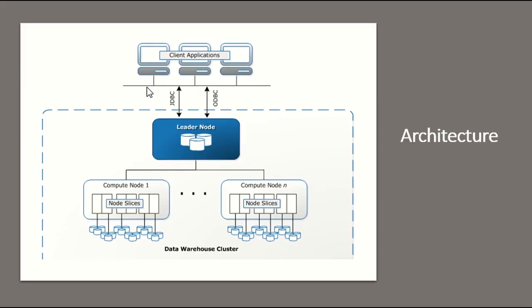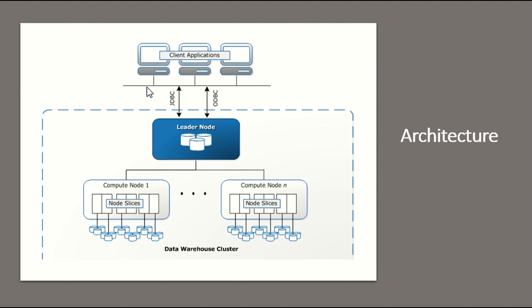Let us see the architecture of Redshift. Redshift has two components, which are a leader node and compute nodes. The data is going to be stored in the compute nodes, and the requests from the different applications are going to come through the leader node. So let us think of the leader node as a parent node and the compute nodes as the child nodes. Whatever requests are made to Redshift should be through a JDBC or an ODBC connection. So let's see how it's going to work.